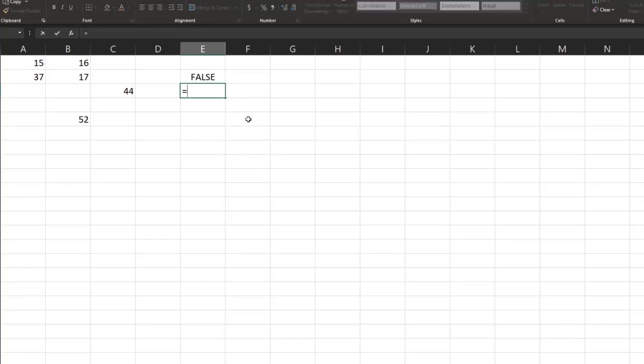If I do an equals A1 equals parentheses B5 times 5, this is asking, is A1 equal to B5 times 5? Remember, we always do what's in parentheses first. And of course, the answer is no, it's not. So it returns false. We can even get more complex with A2 times 10